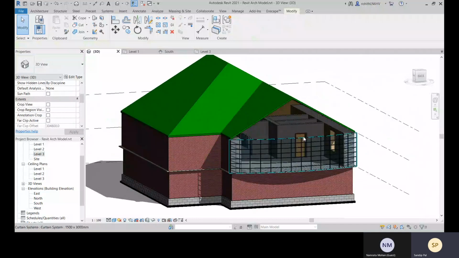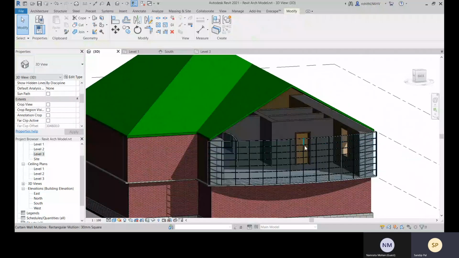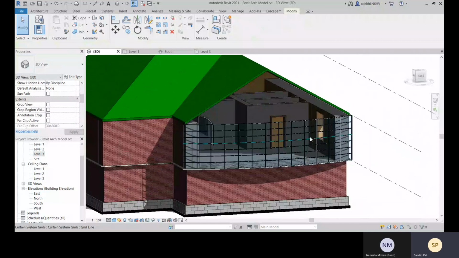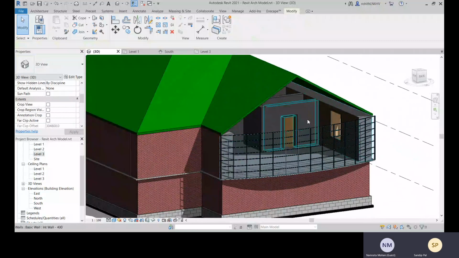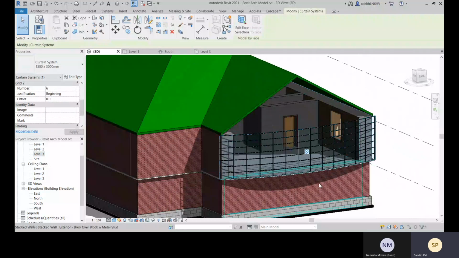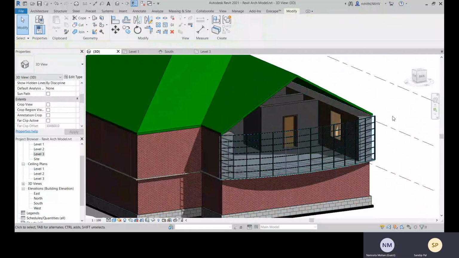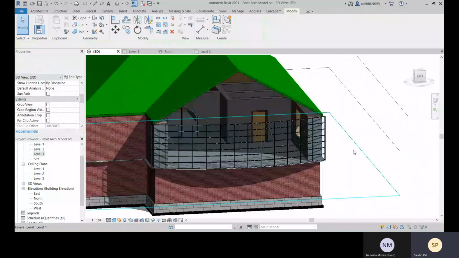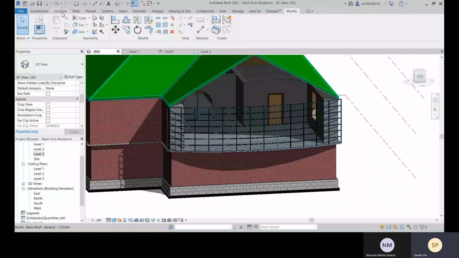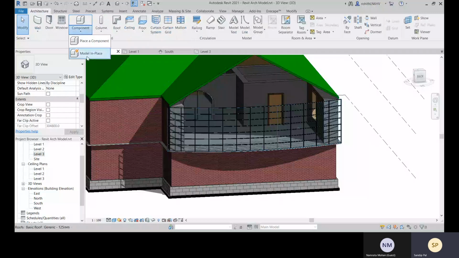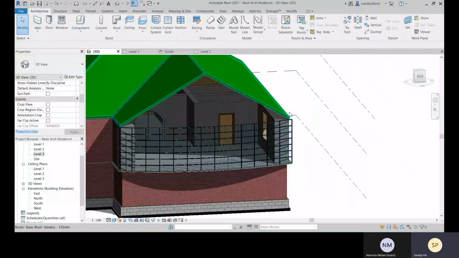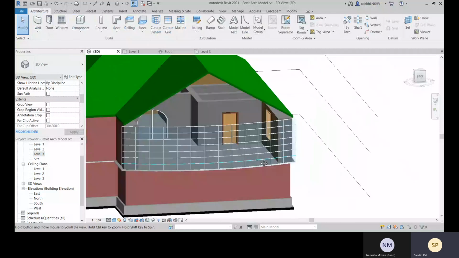Right now, because this is your mass, you cannot increase that, right? Or else what you can do is create this kind of shape. Or else, remember the model in place. So here you can create one. With this model in place, here you can create one concrete wall over there. You can create it like that also.